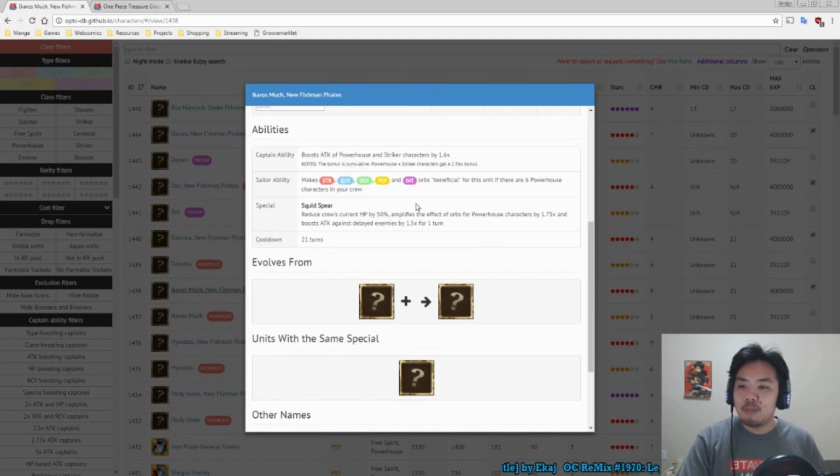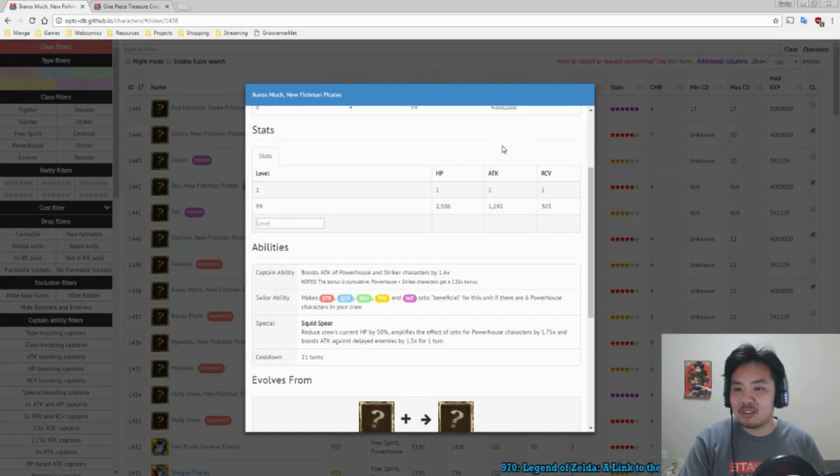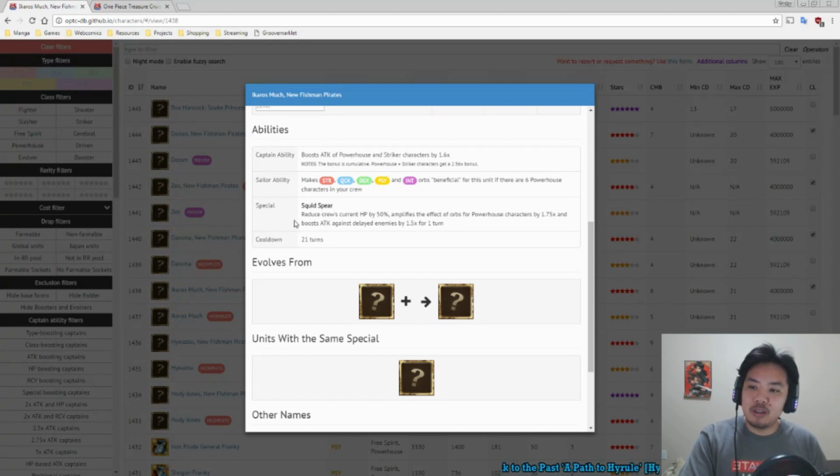His Sailor ability makes himself get beneficial orbs if there are 6 Powerhouse characters on your team, as long as you have one of the primary colors. So basically, during your regular attacks, 5 out of 7 turns, you're gonna have beneficial orbs, which is quite good. Very, very good. And if you have orb rate up or orb matching sockets on your team, he's gonna have matching orbs almost every turn, basically. His special ability cuts your health by 50%, boosts your orbs for powerhouse characters by 1.75 times,